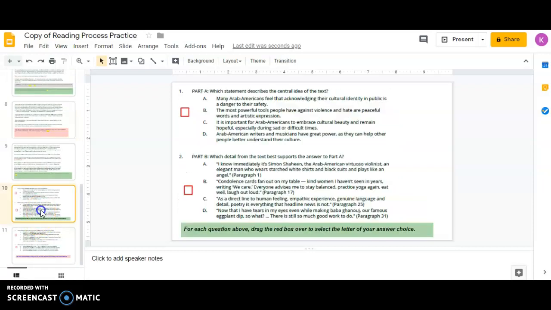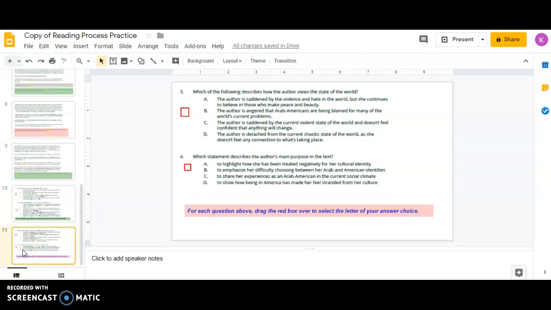And then when you get towards the end, you're going to see some multiple choice questions. So you'll grab this lovely object and then you'll put it over the answer that is correct. Okay? If you have any questions at all, please don't hesitate to ask,